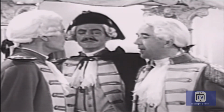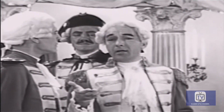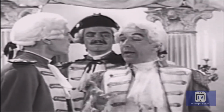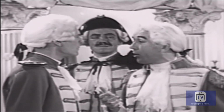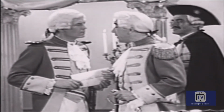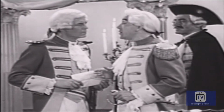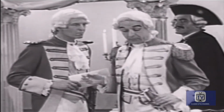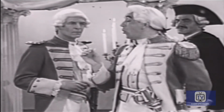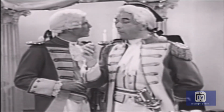Yes, sir. Why should we leave the pleasure of these quarters and suffer the discomforts of this beastly weather to fight a ragtail army that will soon fall apart of its own accord? Besides, Washington may still have a few able-bodied men. They might put up a stiff battle, fighting for freedom, you know, and all that sort of rot. But a few more weeks of this freezing weather, and they'll all come crawling out of the hills, begging to surrender. Forgive me, sir. But if they should receive word that France has agreed...